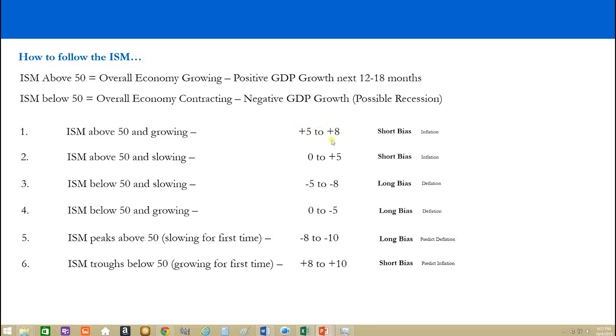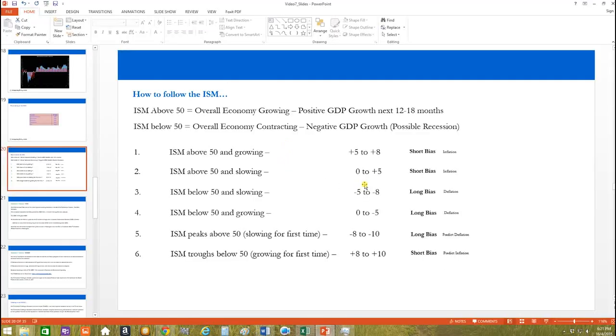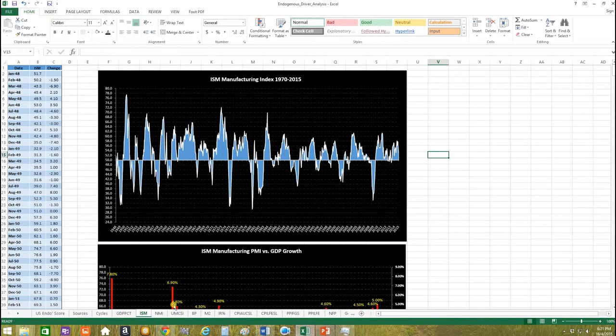So we're looking here in the +5 to +8 range. But for the ISM, we've got a situation where it's been slowing down for quite a while, and it's quite a low rate historically, but it's above 50. So around 51, 52. So we need to be scoring this around here, and taken together, we end up with a situation in our scorecard